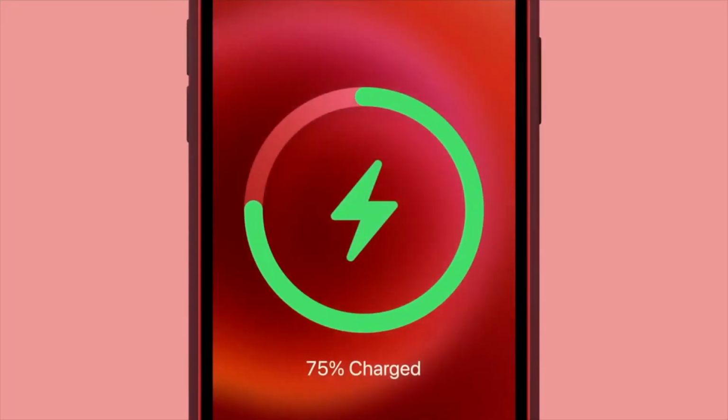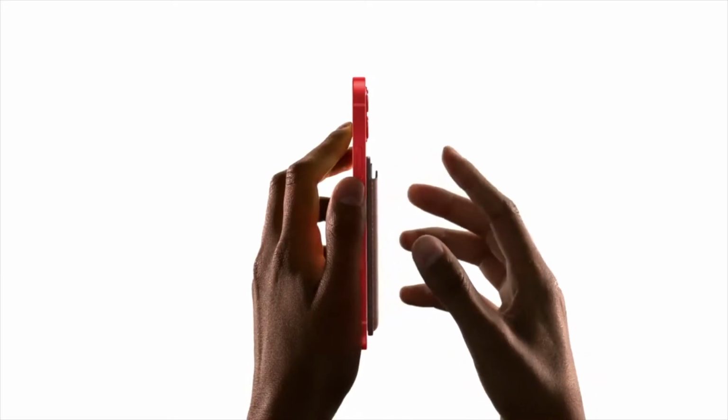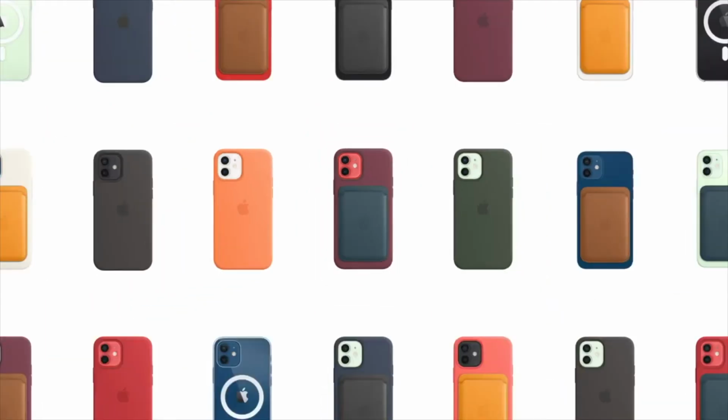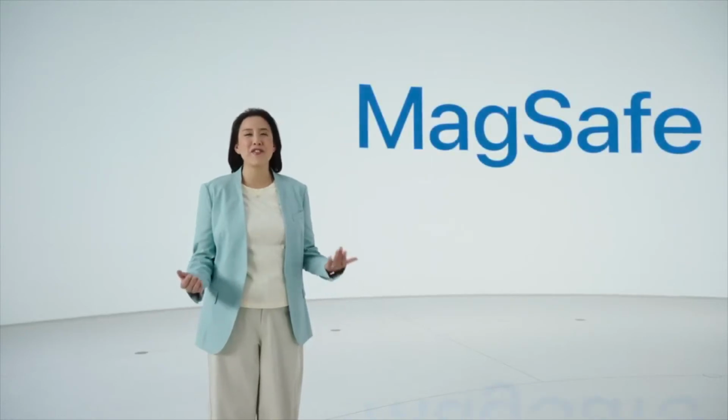Now, it's no coincidence that one of the biggest stories about the iPhone 12 is about charging. Now, MagSafe is a bunch of things. It's a proprietary take on the open Qi wireless charging standard. It's a way to wirelessly charge and still be able to use your phone. It's an iPhone accessory ecosystem, and it's a revival of a beloved brand name that Apple killed not that long